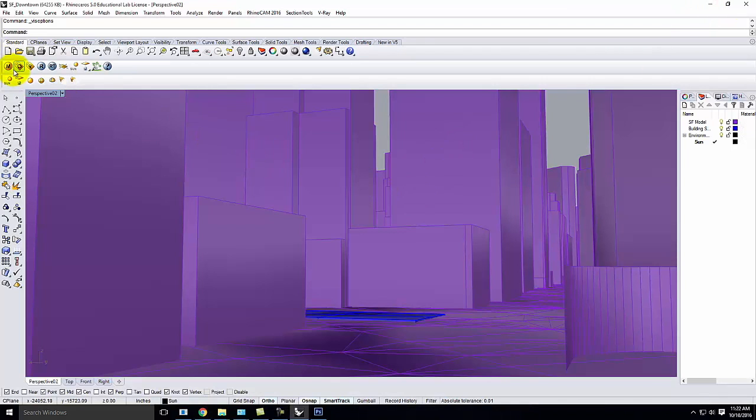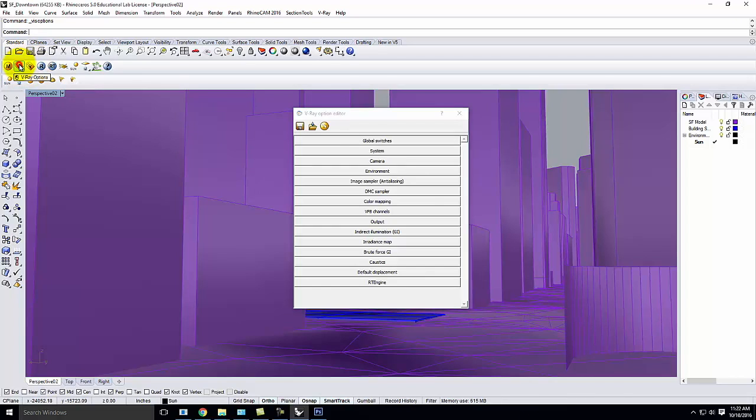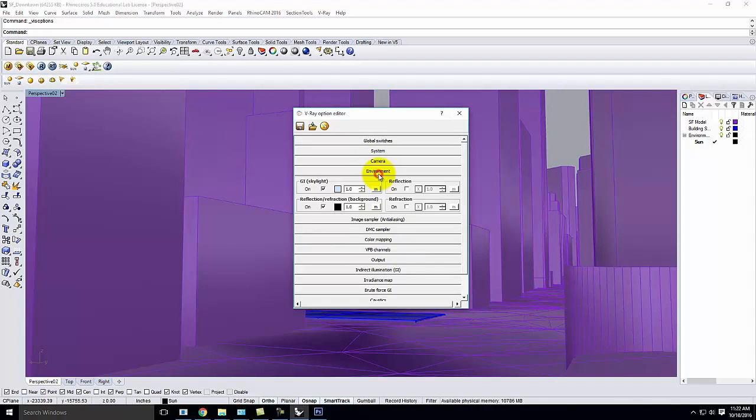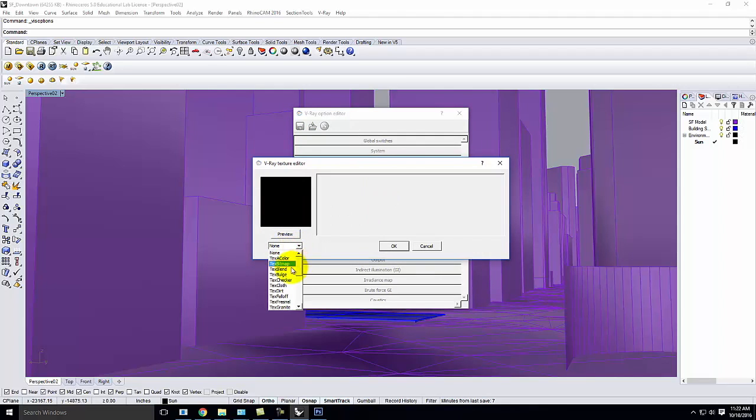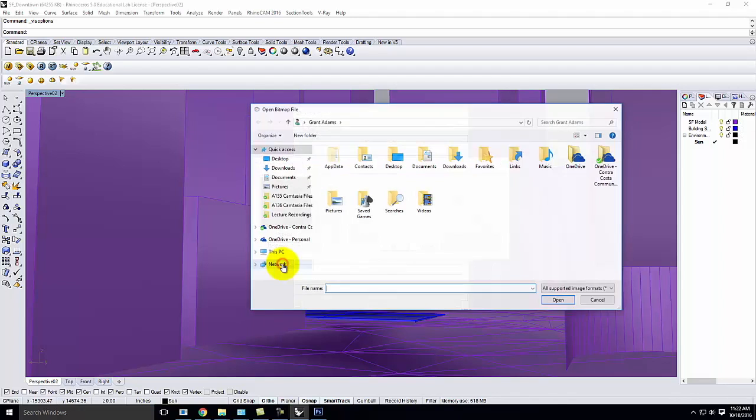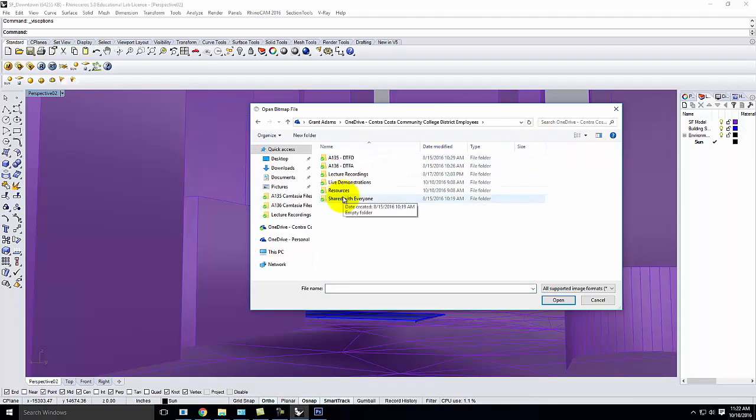Okay, so first thing I need to do is let's go ahead and load the background HDRI. So I'm going to go to my V-Ray options, the little O here. I'm going to go to environment. And just like last time in the skylight and the reflection background, we're going to click on the M, the small lowercase m. And we went to text sky last time. This time we're going to go to text bitmap. And we're going to look for that HDRI,